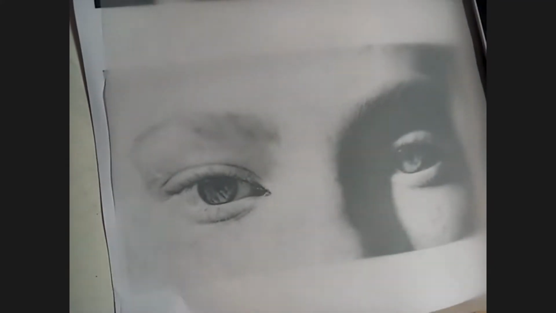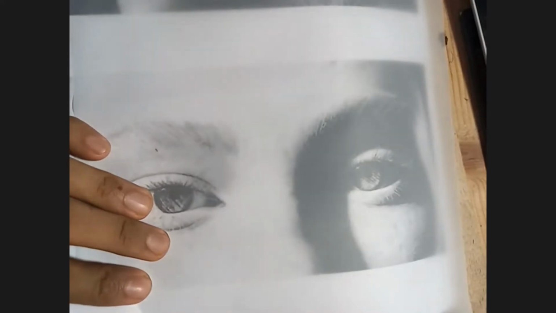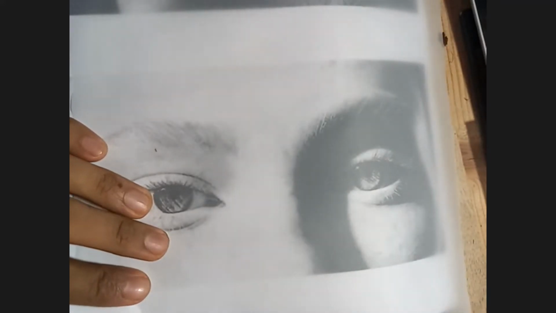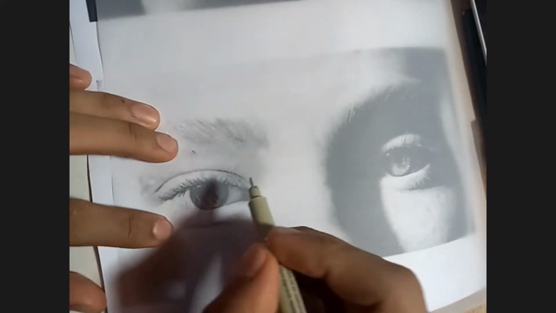This I'm sharing for explanation's sake, because if you have to learn how to draw and you trace, you'll just trace it, right? So don't depend on tracing. I am using this just to point out certain intricacies which I cannot explain any other way. Okay, so look at this one.